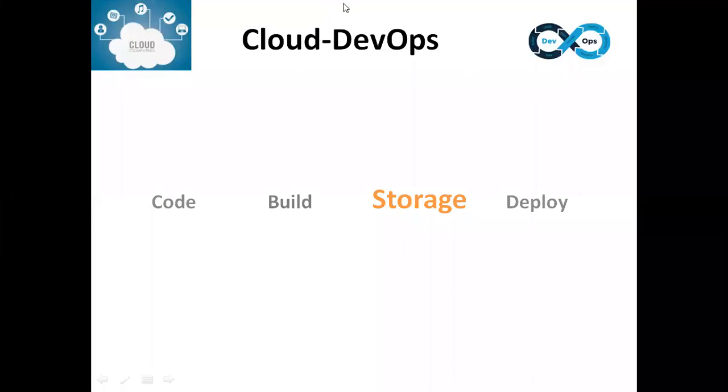As you see here, as of now, we have discussed only 3 stages: code, build, deploy. I have added one more stage called storage. Since you are clear about code, build, deploy, we will see what it does. Whatever new stage I add in the DevOps flow is additional. Those things are not mandatory, but they will facilitate some features.